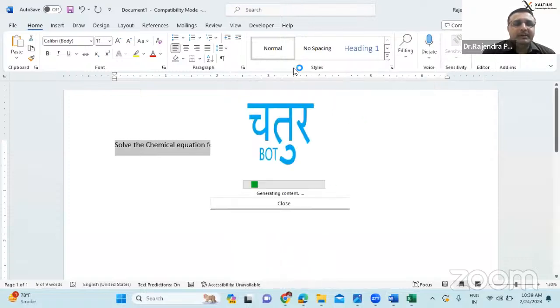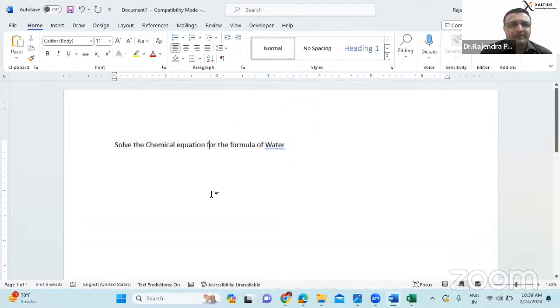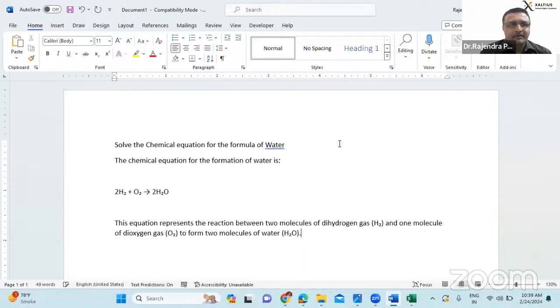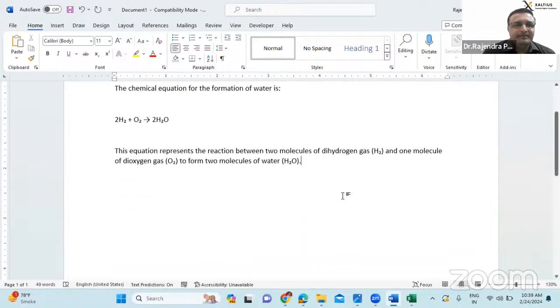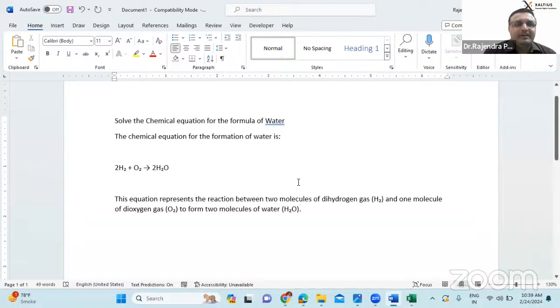Meantime, your some subject related problems, you can just post it in the chat box. Okay. Can you see? Can anyone confirm belonging to chemistry? Yes. So it has generated the solution.